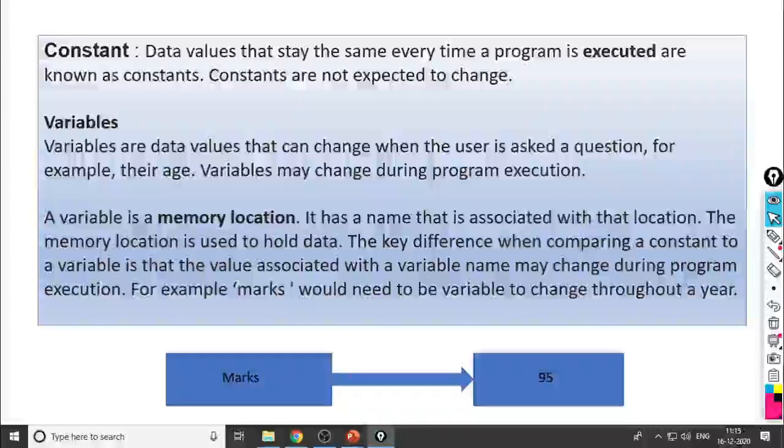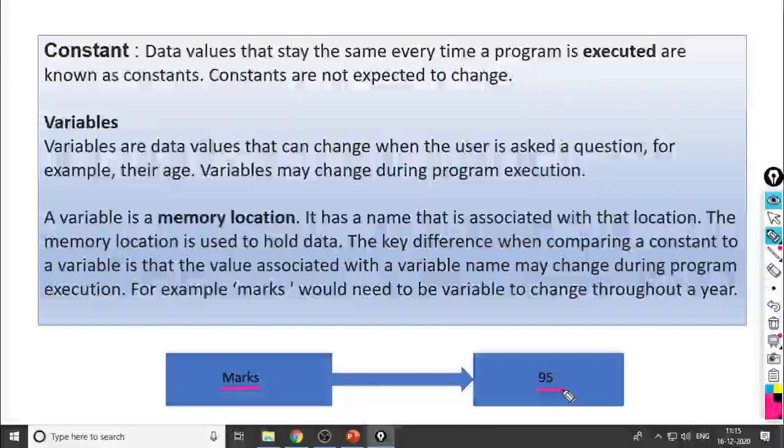Here an example is given. Look here. What is this example? Marks. This is the variable name. We have given the variable name as marks, and what is the value of that particular variable? 95.